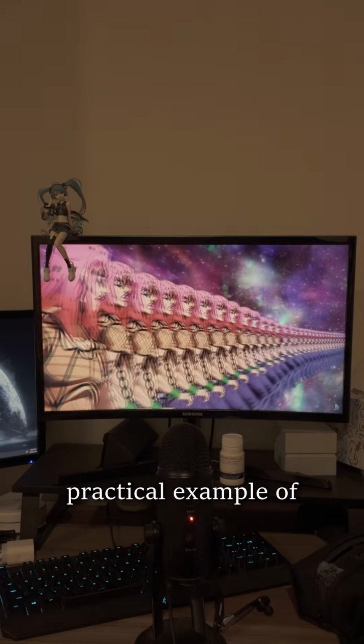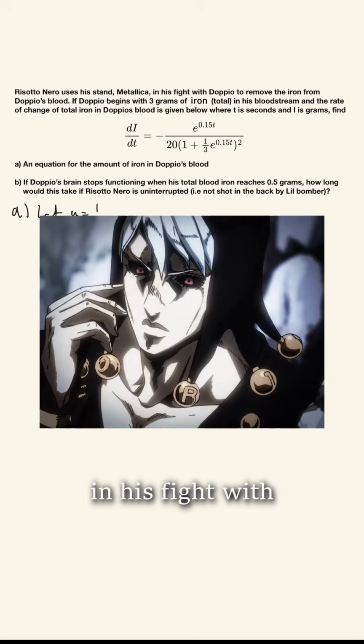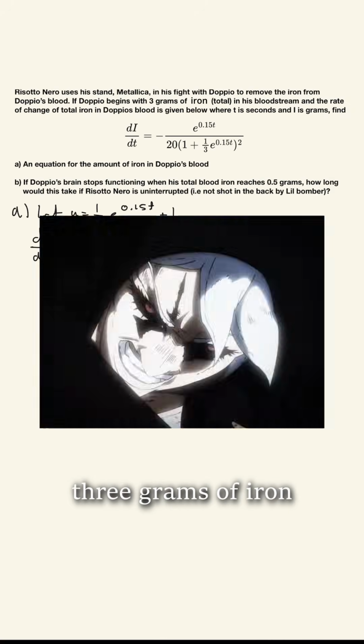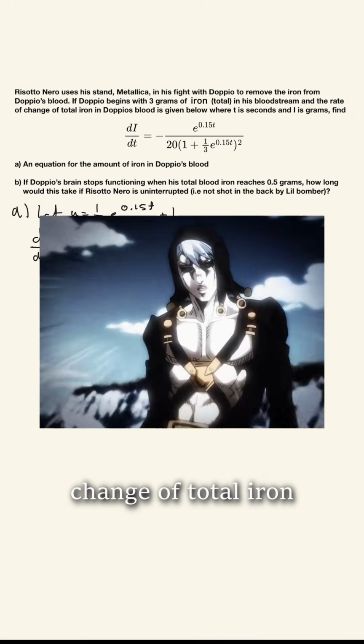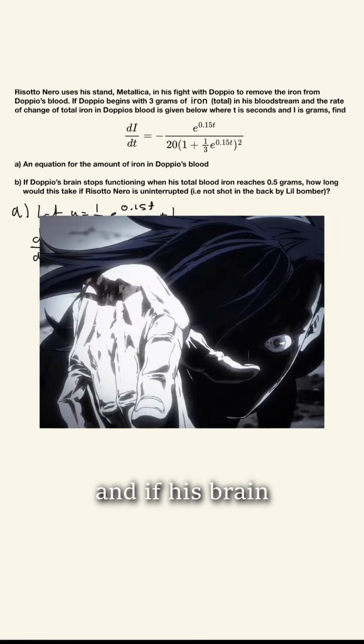Let me show you a practical example of applied integration. Risotto uses his stand Metallica in his fight with Doppio to remove the iron from his blood. If Doppio begins with 3 grams of iron in his bloodstream, and the rate of change of total iron is given below, find an equation for the amount of iron in Doppio's blood, and if his brain stops functioning when